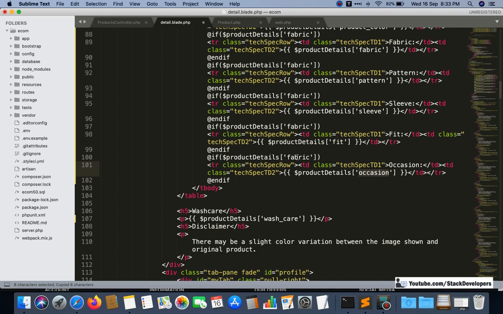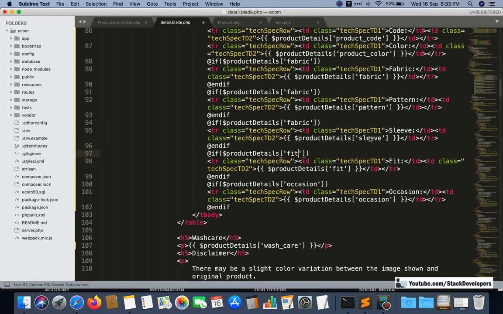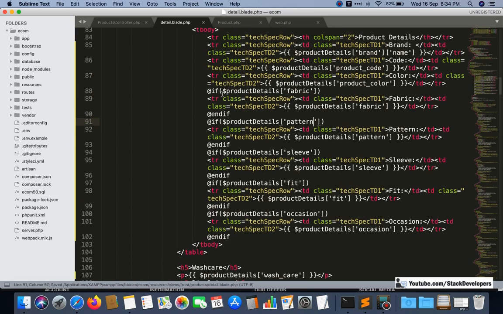Okay, so here we will add occasion, here we will add fit, here we will add sleeve, so it will be shown only if these are not empty. So here I forgot, if not empty, we will do like this.